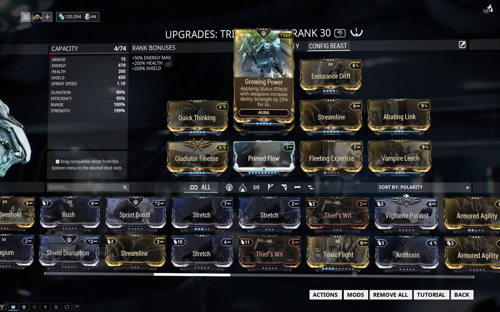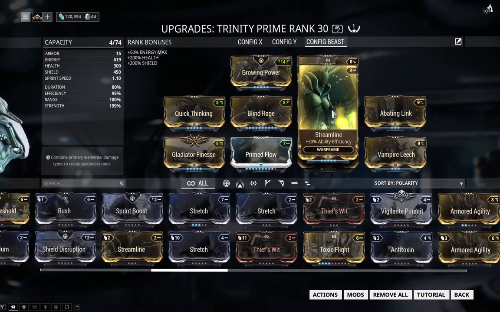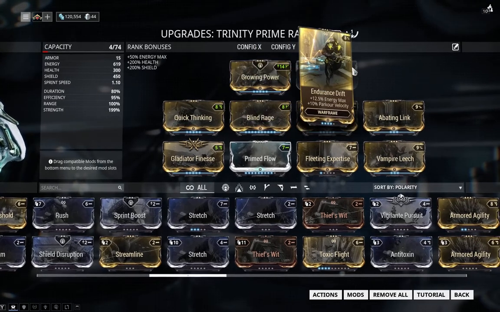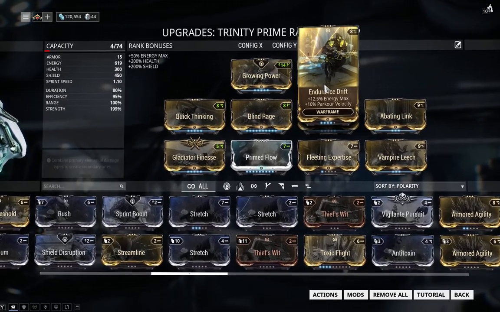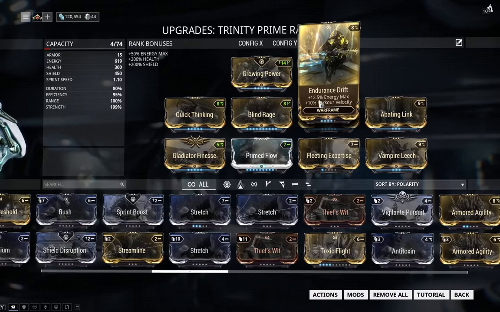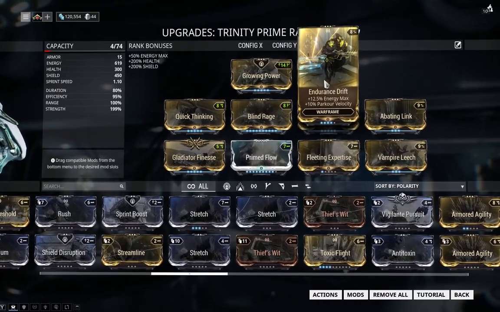In the future, I may add a dash, so I can swap Energy Siphon or Corrosive Projection into the aura slot, but I'm running Enduring Strike... I mean Endurance Drift for the extra 15% energy max. And as you can see, it's not currently max. That's because I like to test each little percent. But anyway,